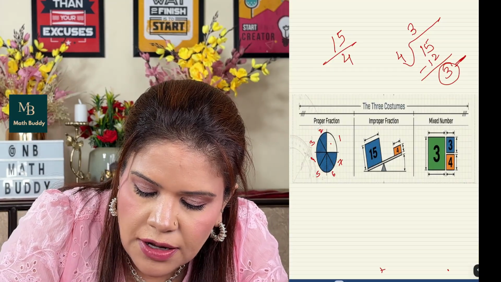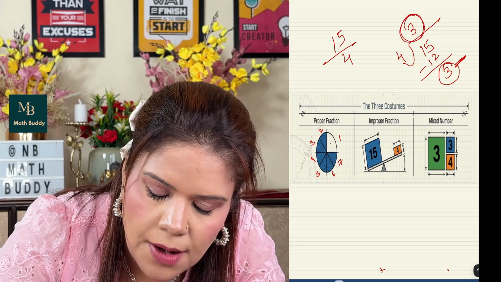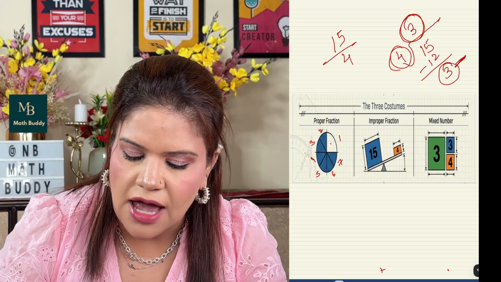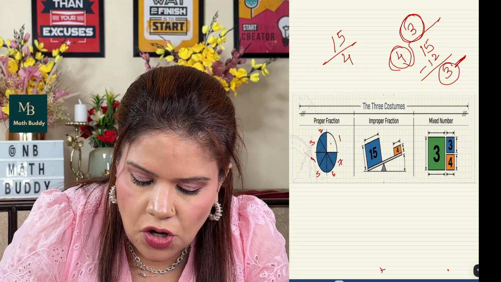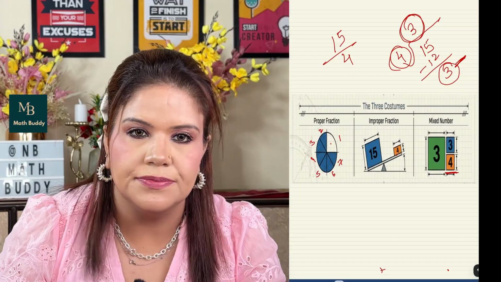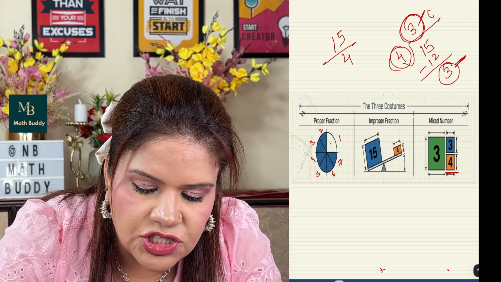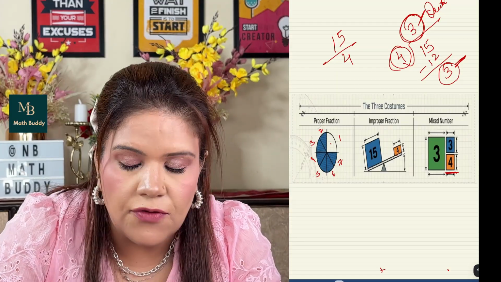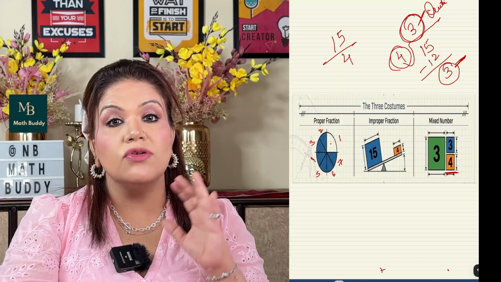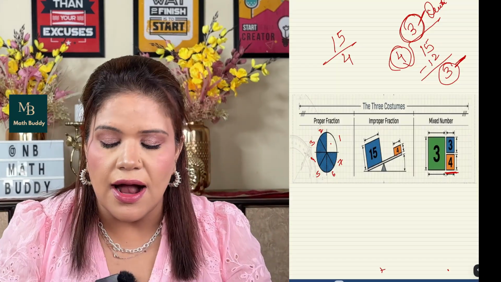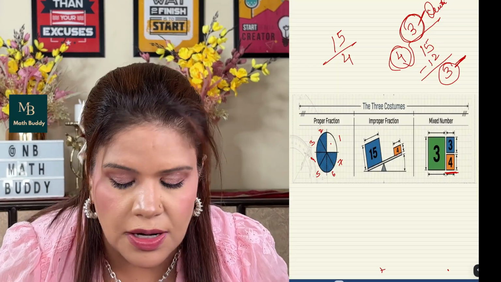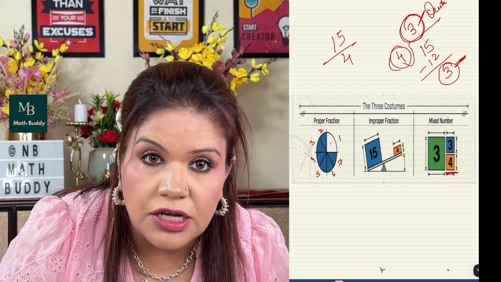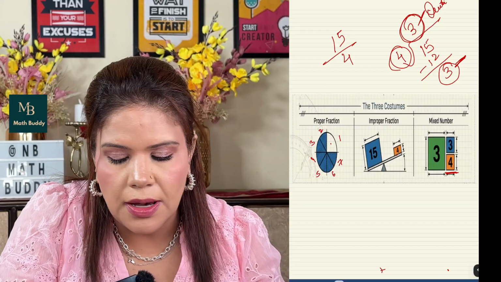This is my remainder, this is my whole number, and this is my divisor. So how am I going to write this? I am going to write it like this. The denominator will remain the denominator. The quotient which I've got is my whole number, and the remainder which I've got is my new numerator. Now try to understand that in an improper fraction, they have smuggled in the whole number, and when we divided, we got the whole number out of it.